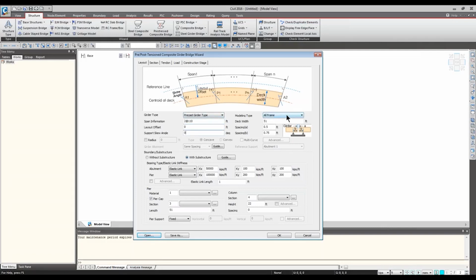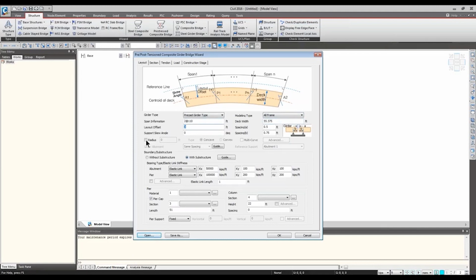And then you can also pick the modeling type. Is it all frame, or you want to see the girder stress more carefully? You have freedom to choose. It's going to create an entirely different model for the same structure, just with different compositions of element types. Deck width, for the example that I have, it's actually the girder to girder distance is about 9.6 feet. And the total deck width is 55.4.